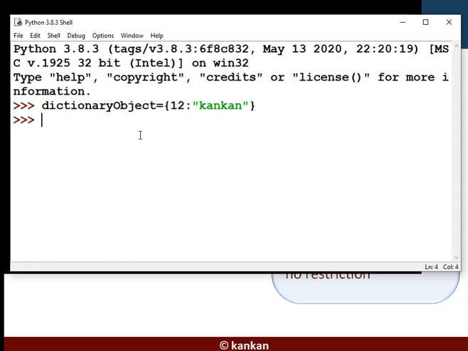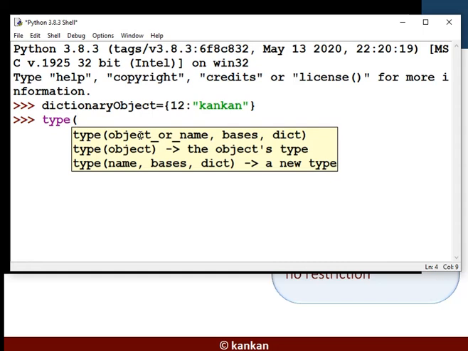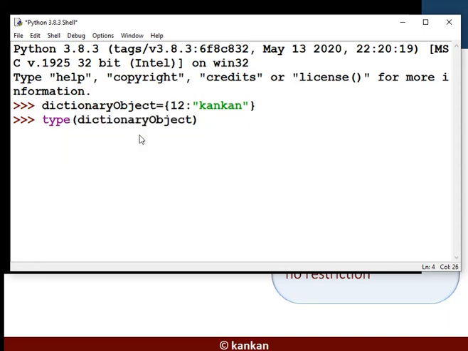Now, is this a dictionary object? What is the type of this object? To test it, I will use the type function and write down the object. So this is a dictionary object. It's a class of dict, abbreviated DICT, and it's actually dictionary. Here the dictionary object is already defined.